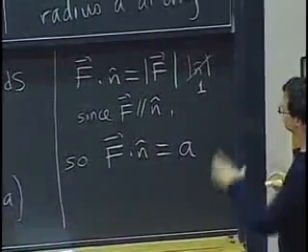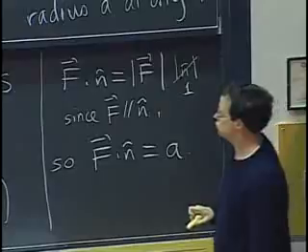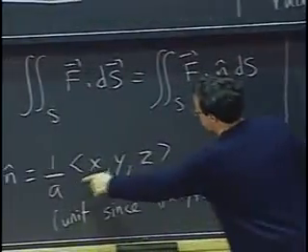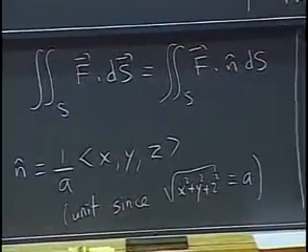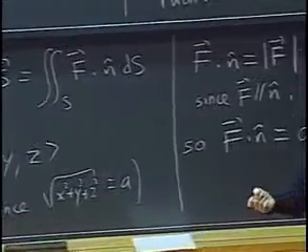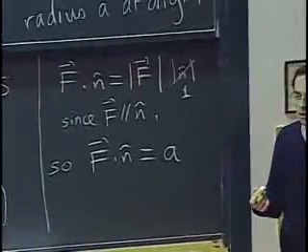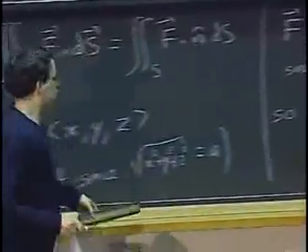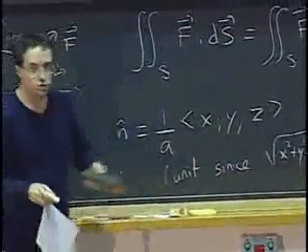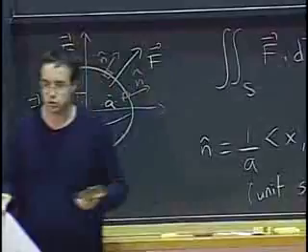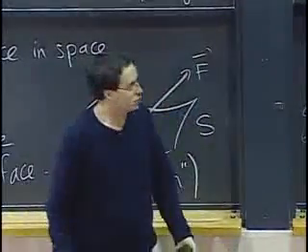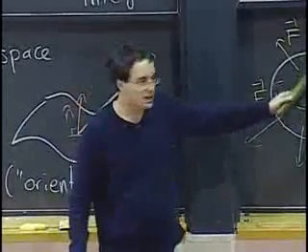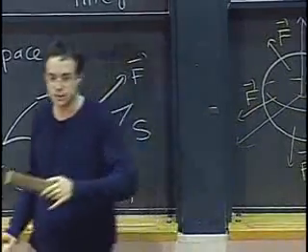The other way to do it, if you don't want to think geometrically like that, is to just do the dot product of x, y, z with x over a, y over a, z over a. You will get x squared plus y squared plus z squared divided by a. That will simplify to a, because we're on the sphere. So we're already using here the relation between x, y, and z. We are not letting x, y, and z be completely arbitrary. The slogan is everything happens on the surface where we're doing the integral. We are not looking at anything inside or outside. We're just on the surface.